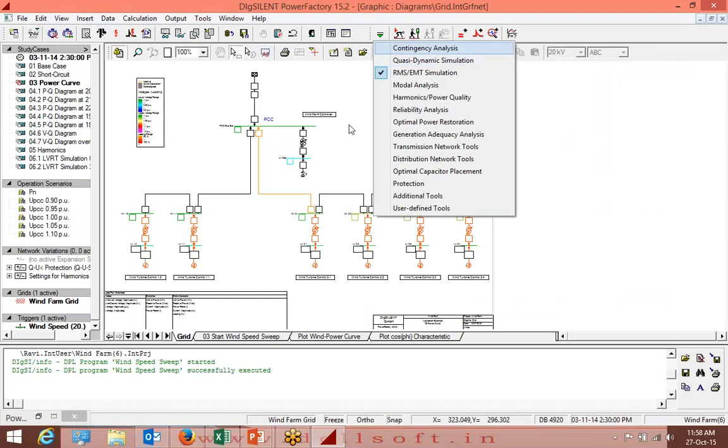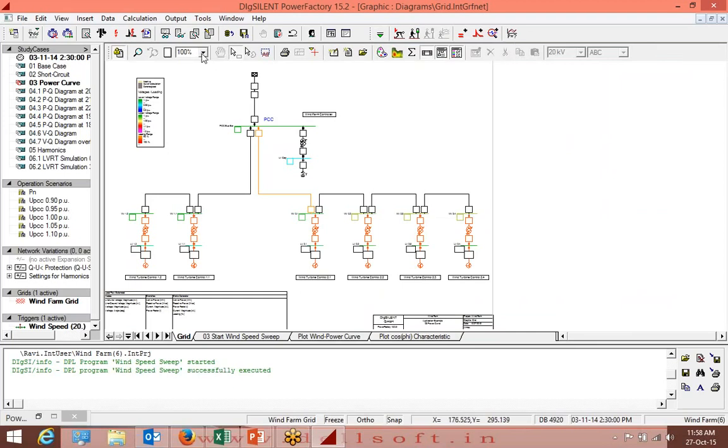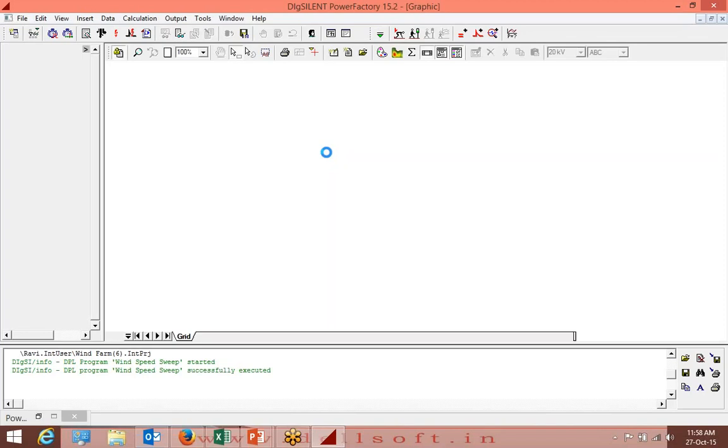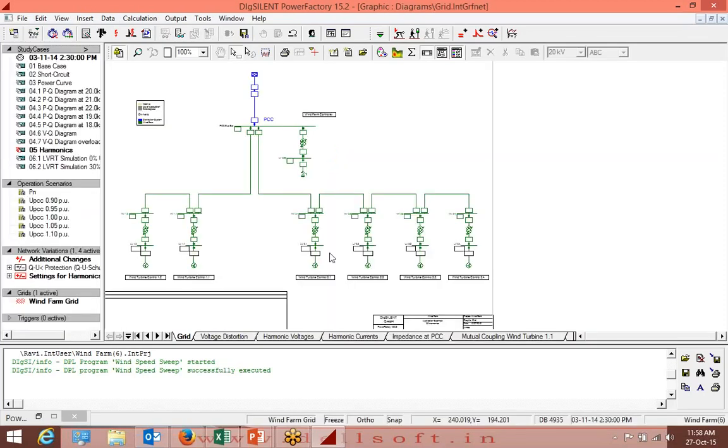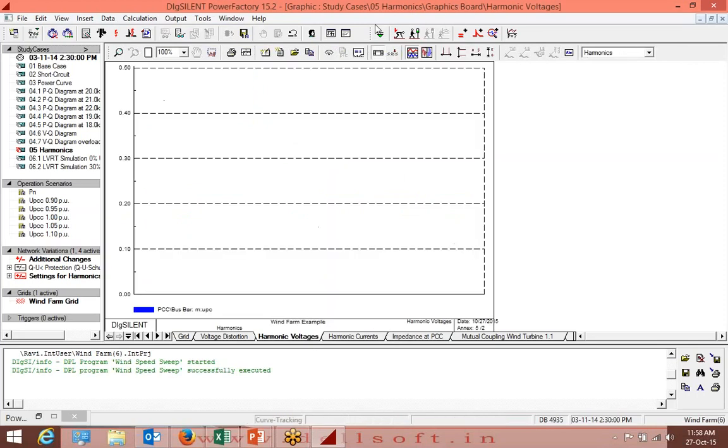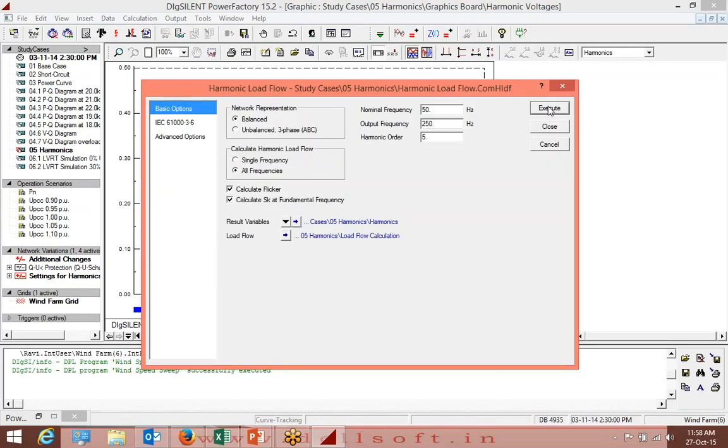For analyzing, if we are conducting any analysis, like if we want to run harmonic analysis on this network, I have to select harmonic and power quality, calculate harmonic power flow load.